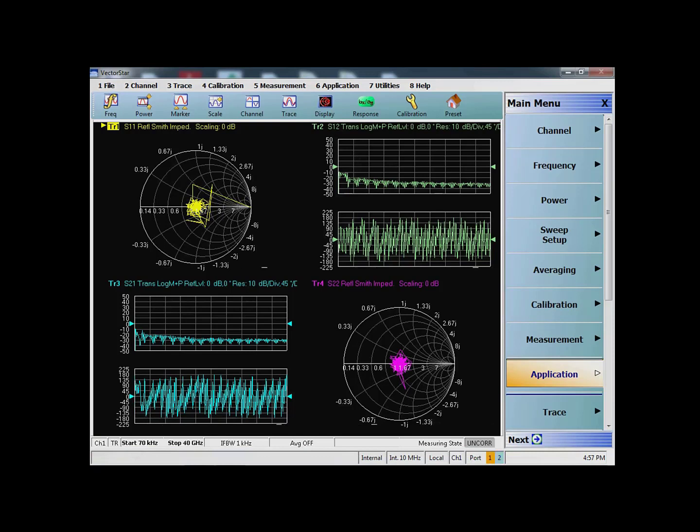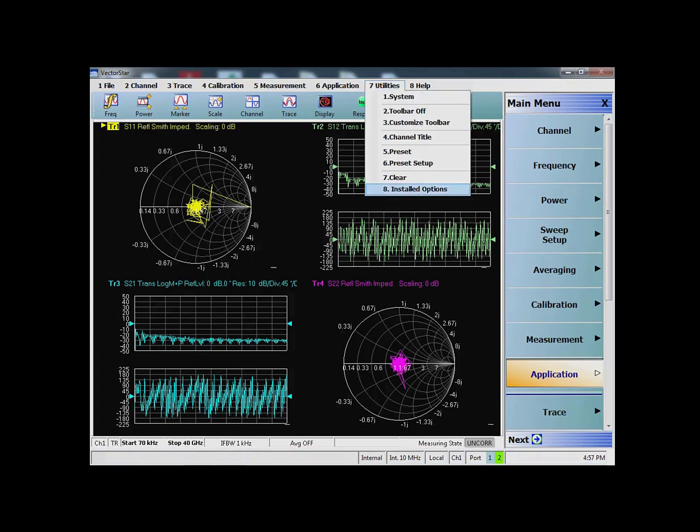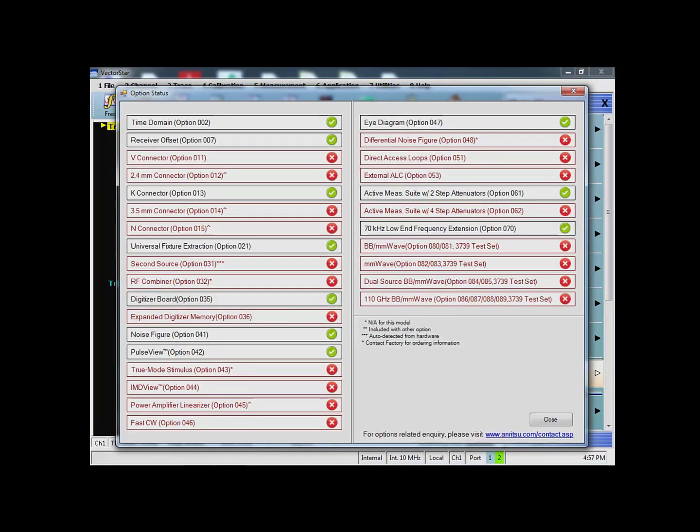So this is how our VNA display looks, and you can see that right now I've just done a preset to this vector network analyzer. You can see that it's working from 70 kilohertz to 40 gigahertz. And just to let you know the options that are required for doing this demonstration, we will definitely need option